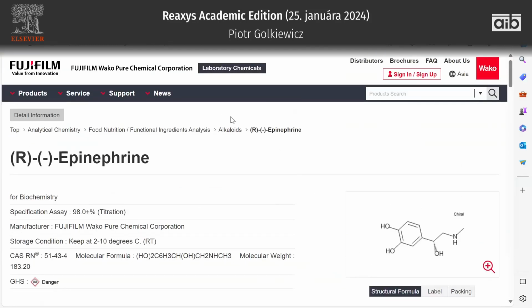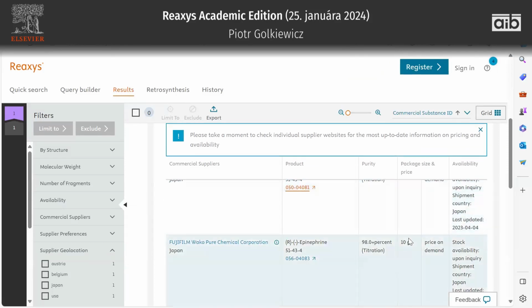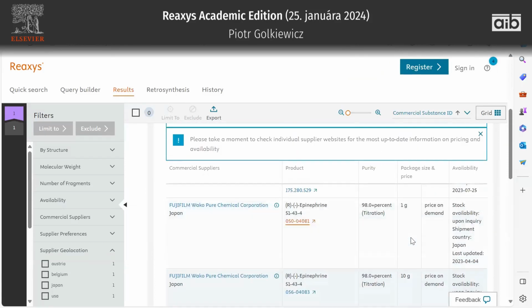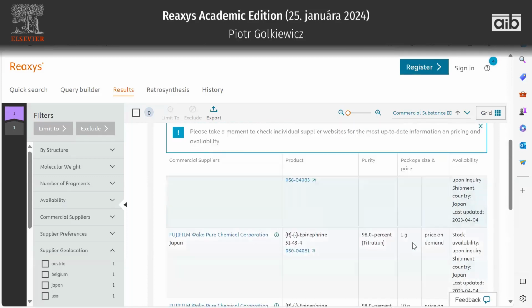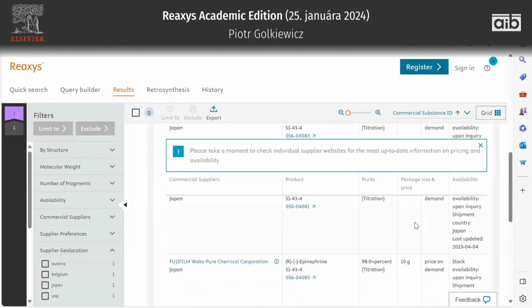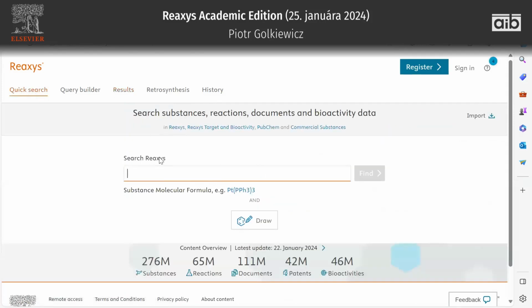But I think what you are getting in Reaxys is the lowest price from this supplier, right? So it depends on... price on demand in this case actually. But usually you will see the lowest price from the lowest supplier. So it depends. I think the best way is to go to the supplier page. Okay, but let's go back to the searching, because here in this quick search, you can really do a lot of things,